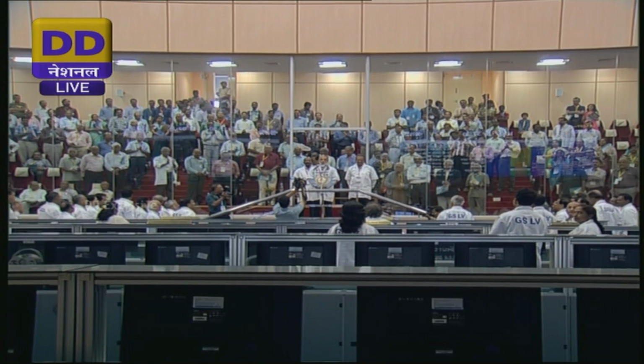I would say this is an important day for science and technology in the country, for space technology in the country. 20 years of effort in realizing the cryogenic engine and stage has now been fructified. Toiling of 20 years, excruciating effort of the last 3.5 years after we had the first test flight of this